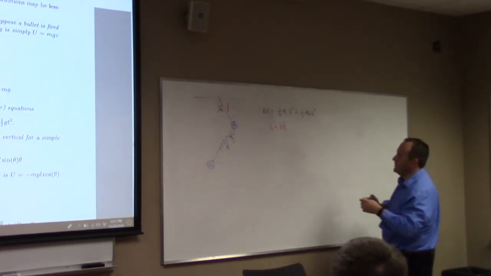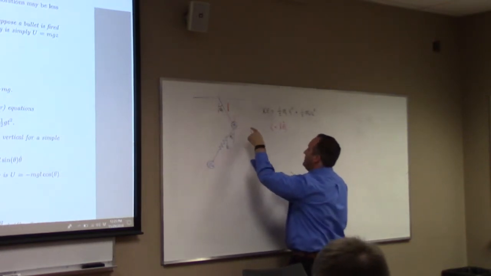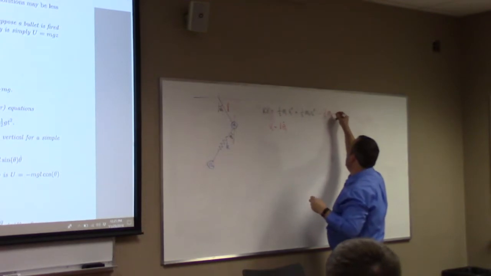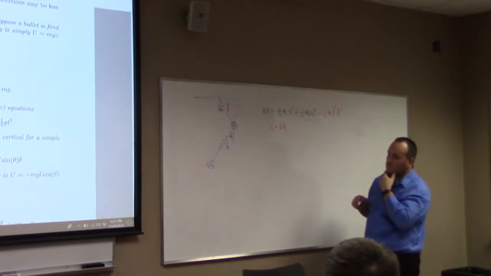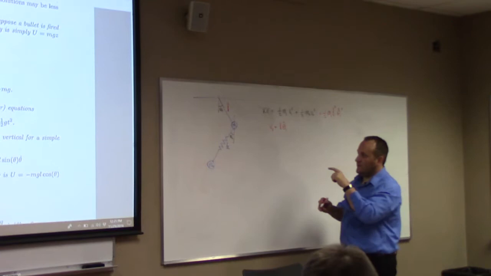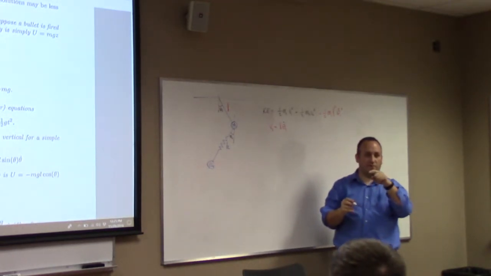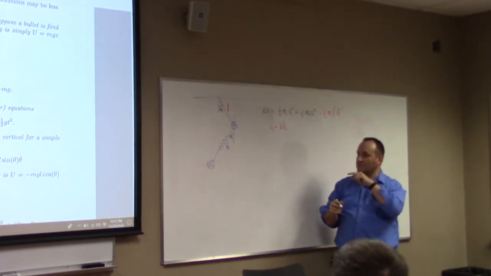Anyway, v1 is L theta 1 dot. That should be the kinetic energy associated with m1, just that, right? So, excuse me, 1/2 m1 L squared theta 1 dot squared. And how about v2? Let me suggest that we invent a system of coordinates based on m1 as the origin. And I suggest we say that m2 is at